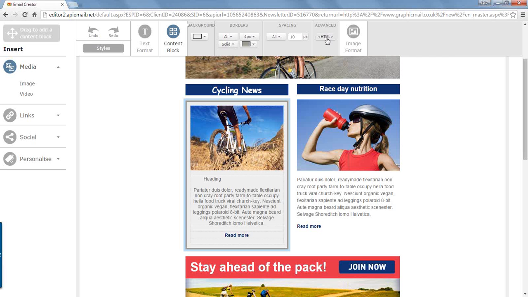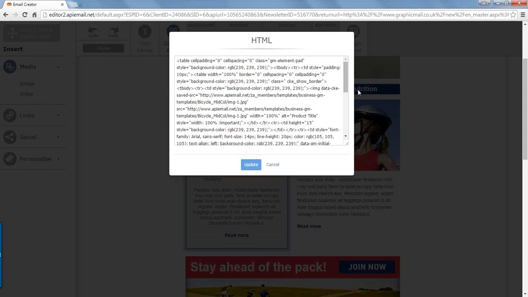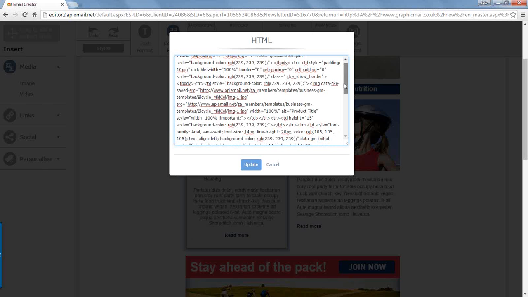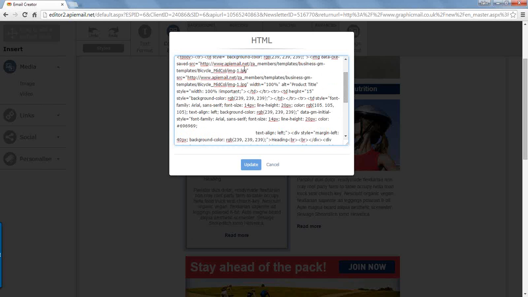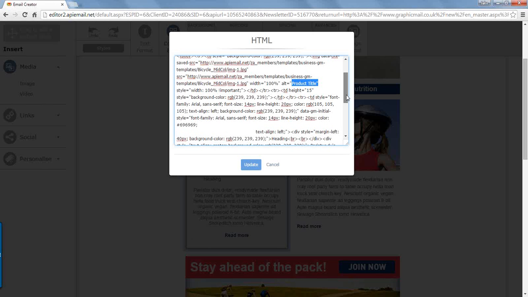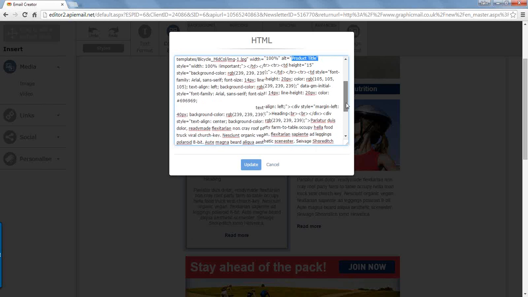Now one of the more advanced options in here is the HTML option. If I click on that, you can see the HTML code, but what this does is it actually shows you the code just for that content block that you've selected. So it makes it a lot easier in this instance that you don't see all of the code, you just see the sections that you're actually looking at. So here we can see we've got the image, we've got the alt text for the image there, and also we can see